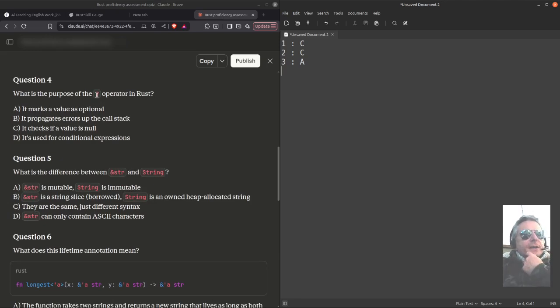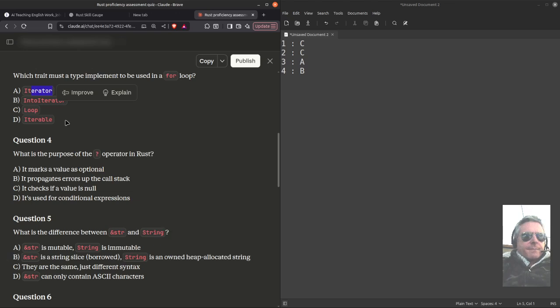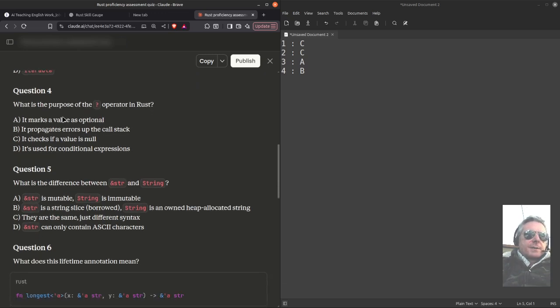Okay, what is the purpose of the question mark operator in Rust? It marks a value as optional. No. It propagates errors back up the call stack. Yes. Okay, we don't need to. 4B. That one's bothering me. Import iterator for my type. It's got to be that, hasn't it? Which trait must a type implement? Yeah, it's not loop, it's not trait. Okay,